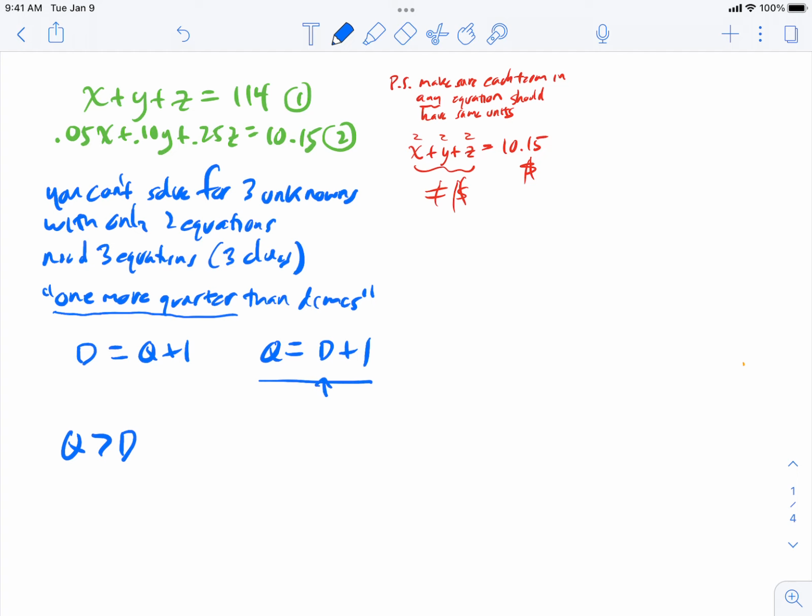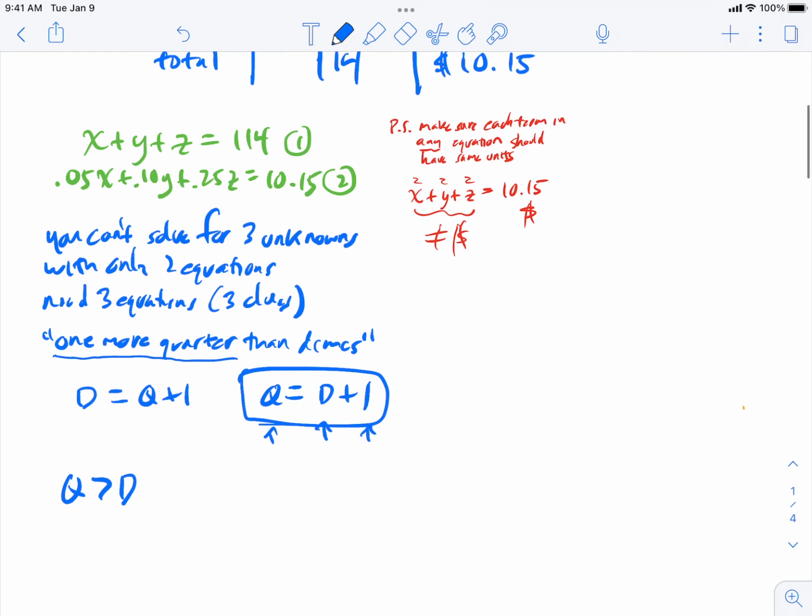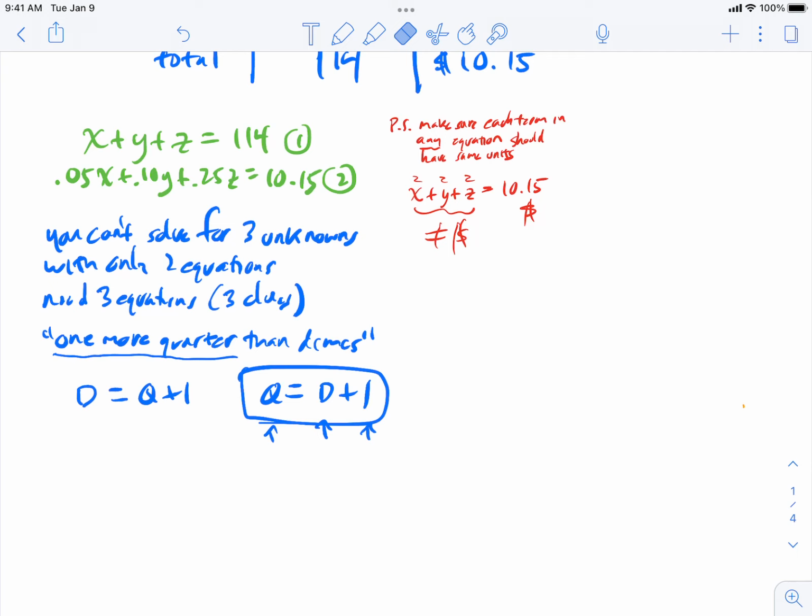Because here's the D, and then you add 1. Get it? That gets bigger. And so the Q will be bigger than the D. So it has to be this equation here. Okay, so that's just a cute little trick you can do to make sure that you pick the right equation, I guess. So having picked the right equation, I suppose we should get back to